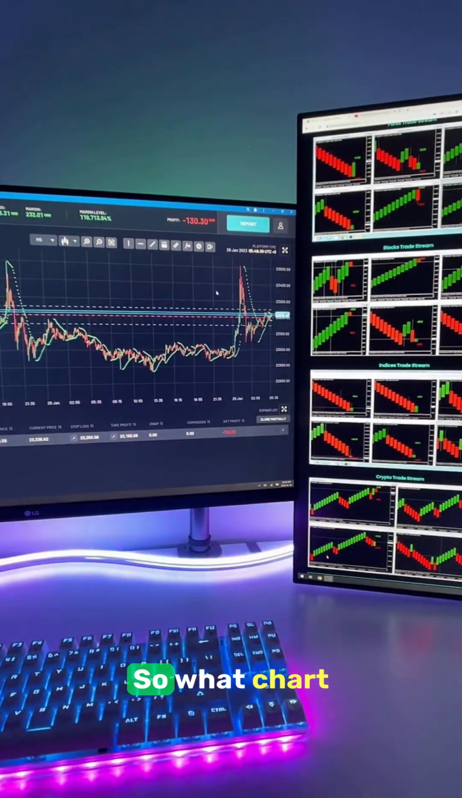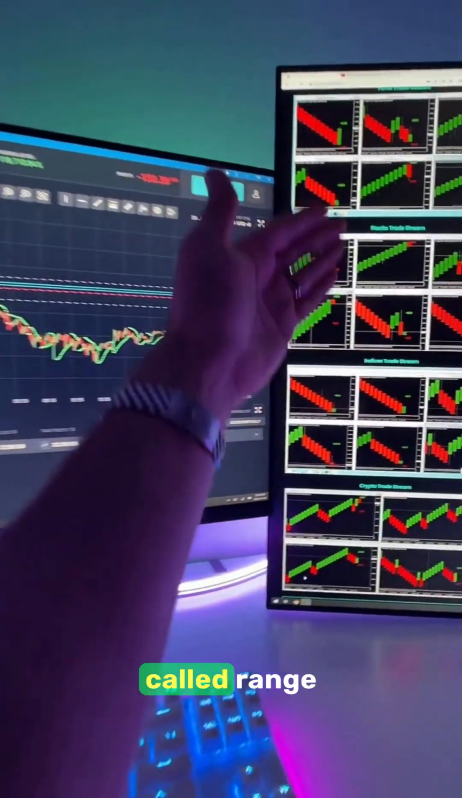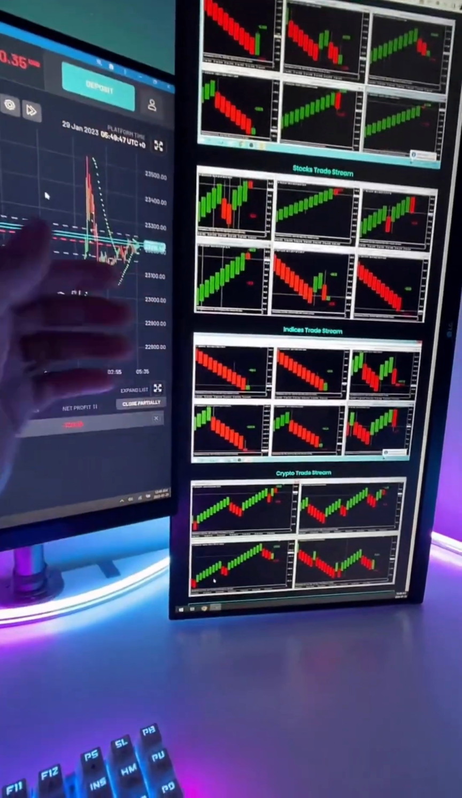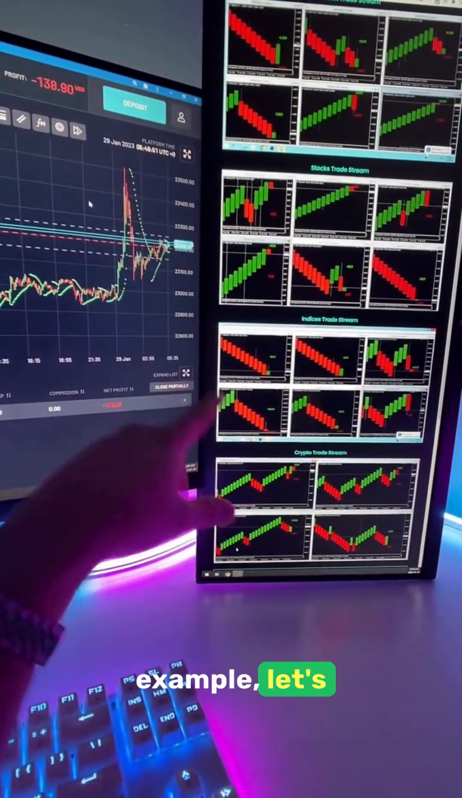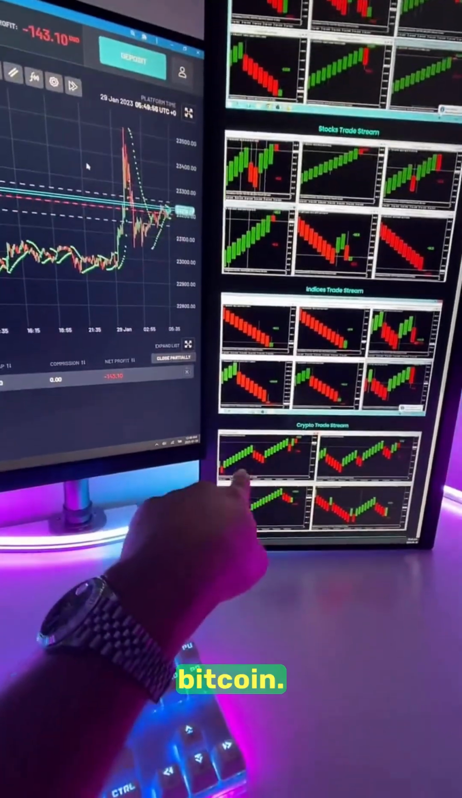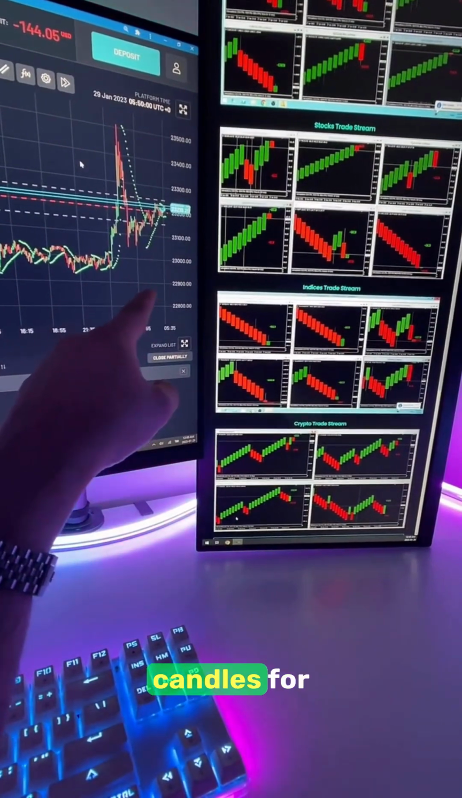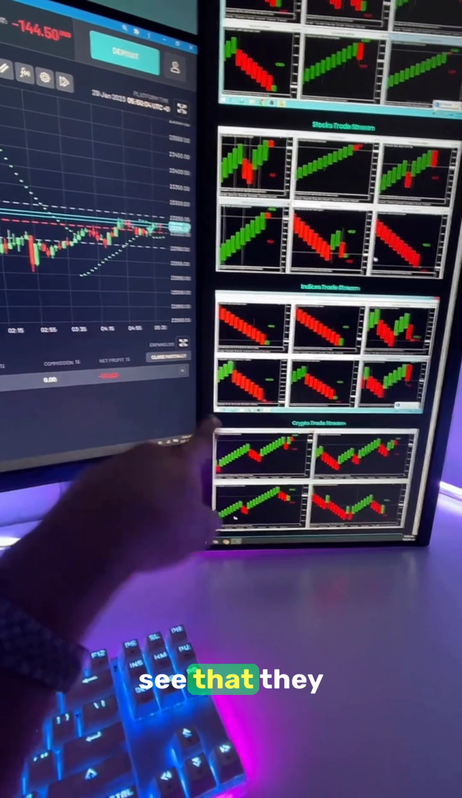So what chart are those on the right? These are called range bars. I'm going to go through what range bars are right now. So the way that range bars work, for example, let's just look at this Bitcoin chart right here. This one right here is Bitcoin, and this is the time-based candles for Bitcoin. Okay. Now we can see that